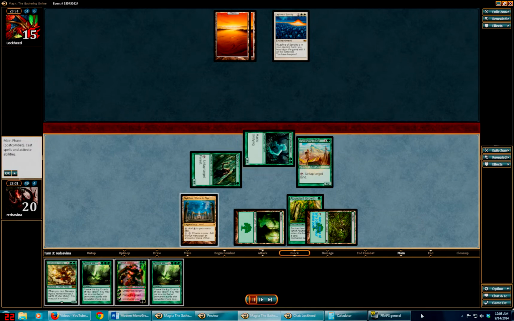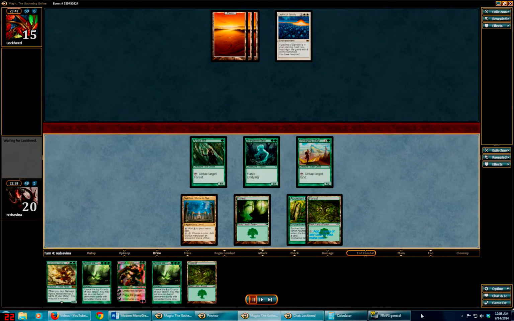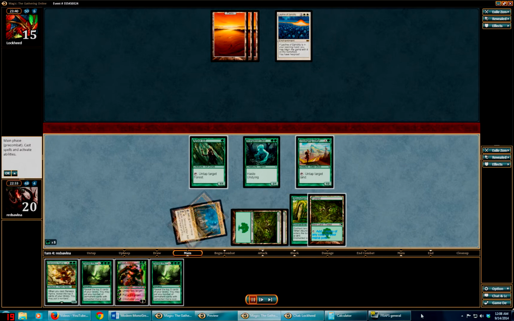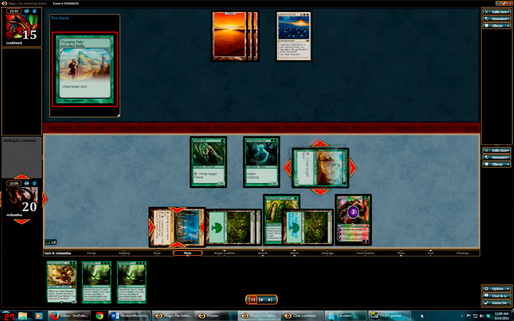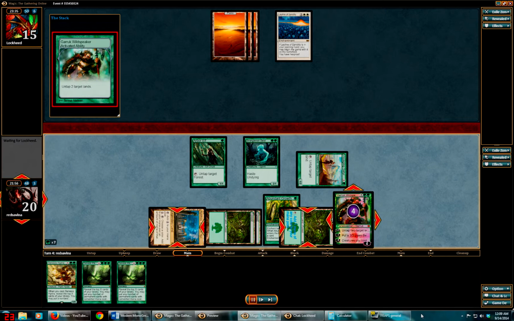So I'm getting exactly where I want to be in regards to having Forest, my Nykthos, Arbor Elf, a Voyaging Satyr. This is looking pretty good. Here's another Forest, and that allows me to generate enough mana to get Garruk out on the board. And here I untap. I use Garruk to untap